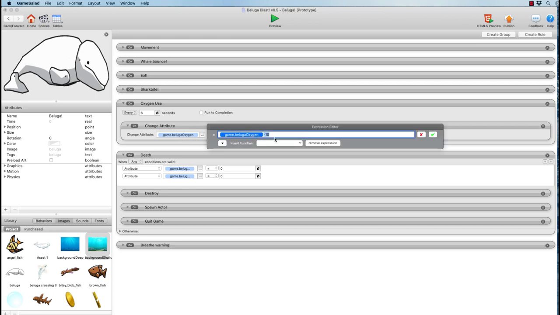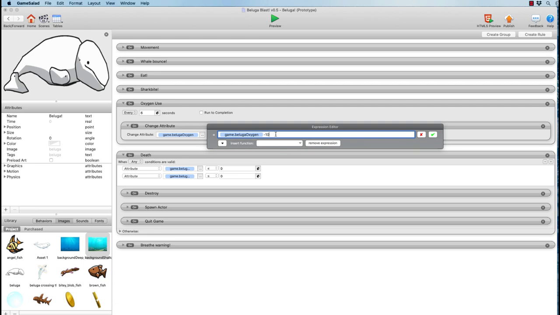And what are we going to change it to? And this is a variable redefining itself, right? So what we're saying is every 6 seconds, game.Beluga oxygen, the Beluga oxygen global variable, gets 10 subtracted from it every 6 seconds. So after 60 seconds, the value would go down by, what would that be?